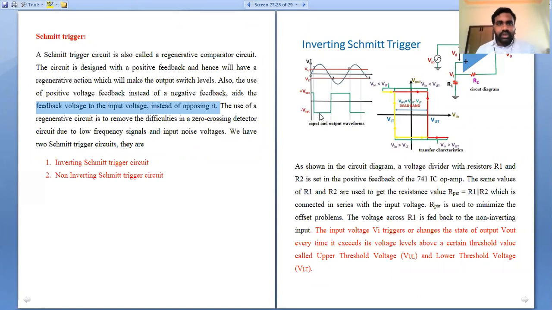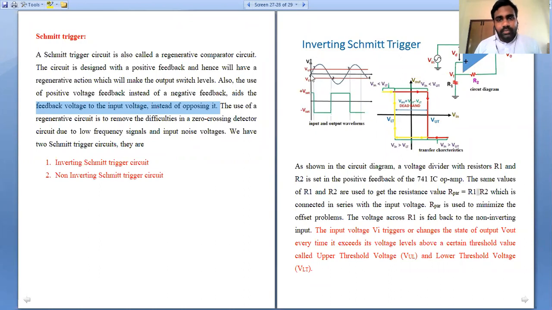See here in this concept of the Schmitt trigger, at the first instant the input voltage waveform is increasing from 0, and its value is less than the upper threshold voltage. This red dotted line in the positive scale is our upper threshold voltage, and this is one of our references. And this red dotted line in the negative axis of the input waveform is our lower threshold voltage.